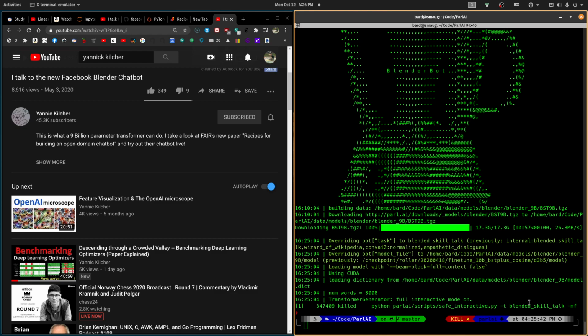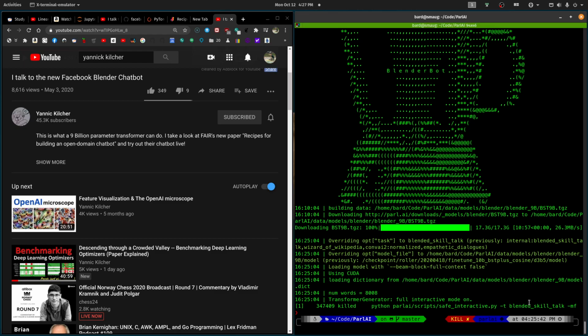So it took 15 minutes to go from building the data to overriding opt, whatever the hell that is. It didn't take long to load the model or load the dictionary, milliseconds. Here, you see they all happen within the 25th second.